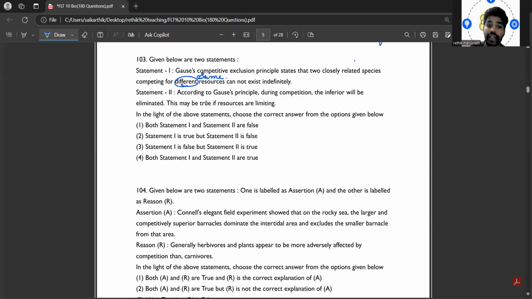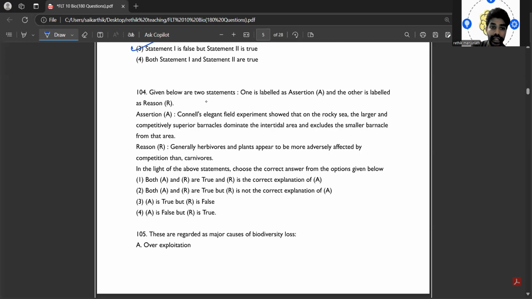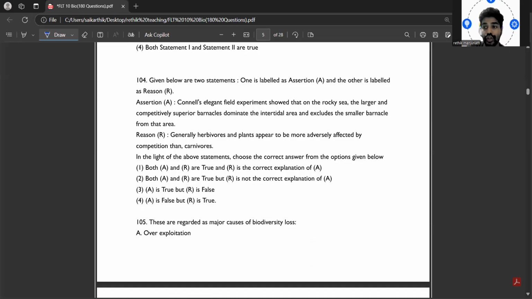So statement 1 is false, but statement 2 is true. So the third will be the correct answer. That's why I say that if the question is based on a direct definition statement, then you should know the statement's definition correctly. Next, coming to question 104,